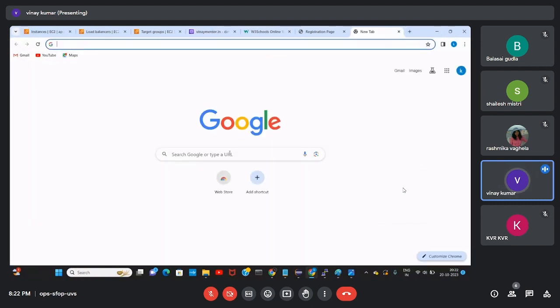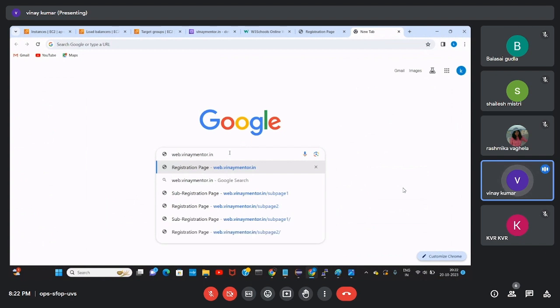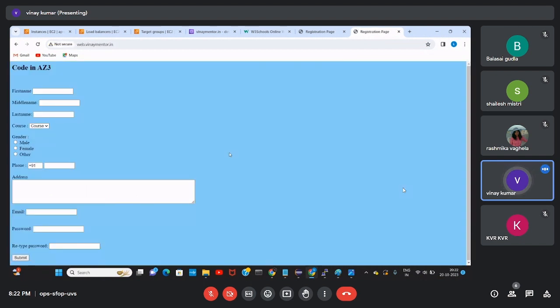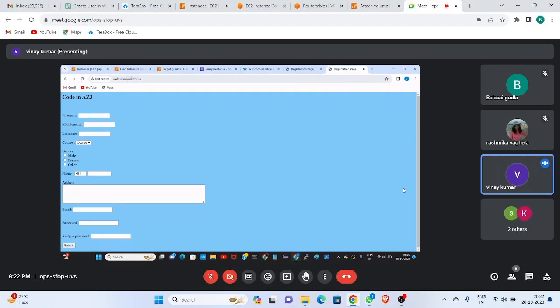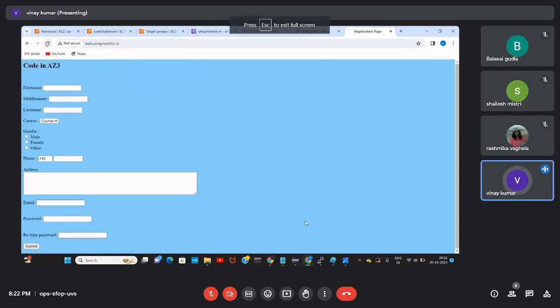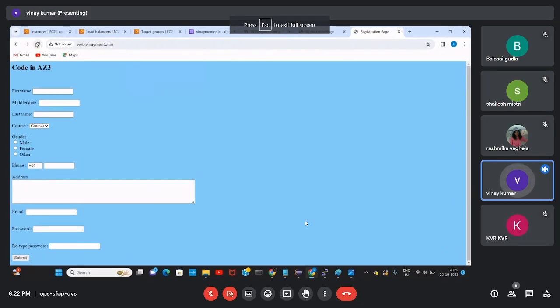See, I'm searching in my Chrome, web dot, and then dot in. If I search this one, it will also randomly connect. If we keep on refreshing, it will reach another server at once. You can also search on your devices. I just provided host name resolution for the load balancer DNS. Any questions you can ask me. If you are okay, I will start the application load balancer now. If you are not okay, we will discuss tomorrow.